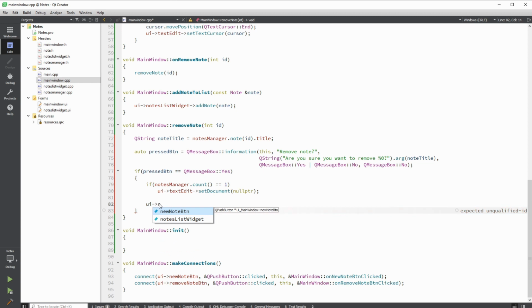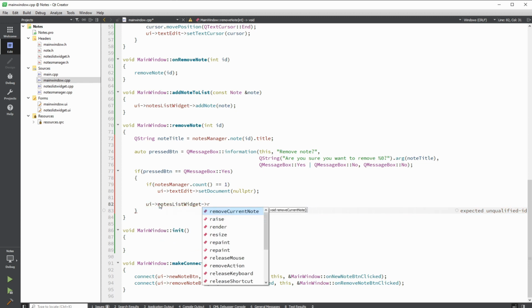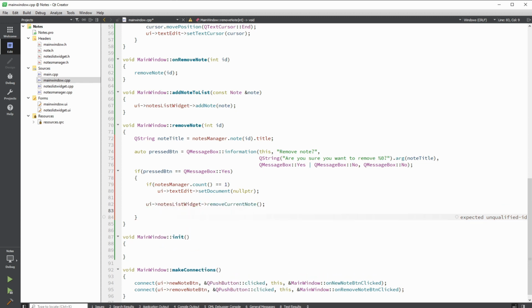And we want nodes list widget, remove current node, and nodes manager, remove node with the ID. So basically we remove the node from the UI list, and we tell the nodes manager to remove the node from the backend. This is the only weird piece of code. It's just a safety net, because when this executes, it will delete the text document, and we don't want the